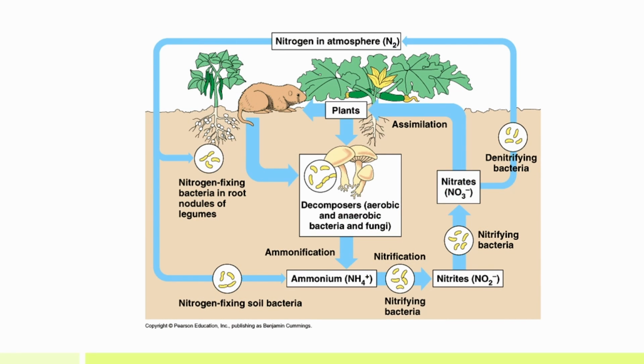So here we can see nitrogen cycling in the atmosphere. Plants are able to fix nitrogen, and then organisms eat the plants, and they incorporate that nitrogen into their proteins. And when this organism breaks down, decomposers using aerobic and anaerobic types of processes are able to essentially break down that nitrogen-fixated form of nitrogen and put it back in the atmosphere. But nitrogen-fixing bacteria are able to, once it's back in the atmosphere, fix that nitrogen back into plants. So it's a repeating cycle.